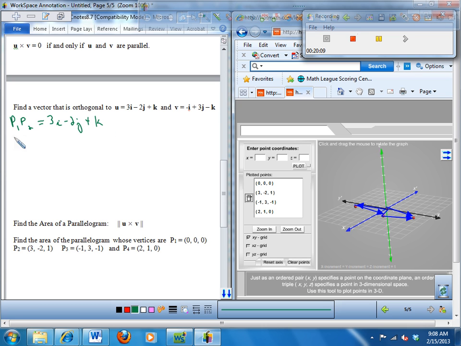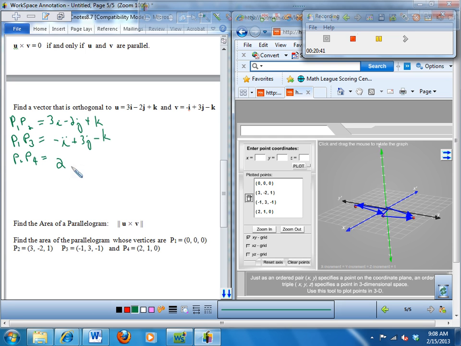And P1 to P3 is going to be negative i plus 3j minus k. And P1 to P4 is going to be